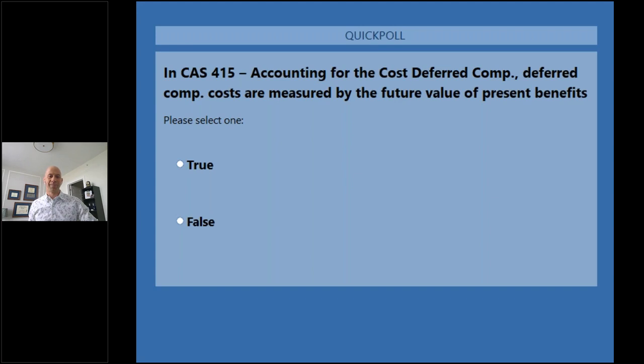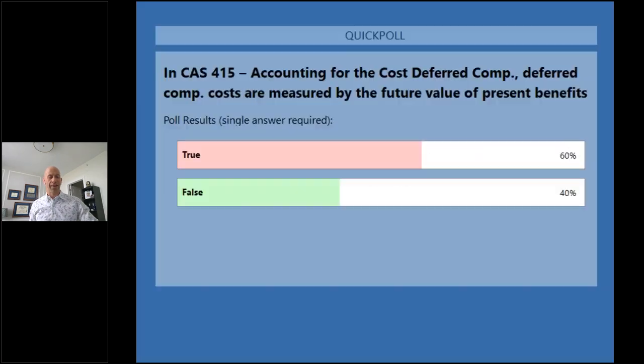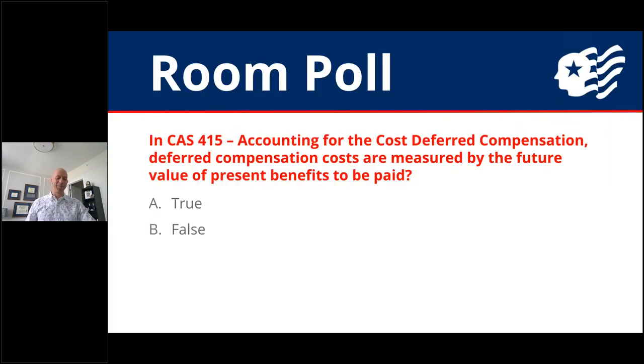So we'll go ahead and close this down. We're about 60-40. Yep, and actually this was a tricky question. GAAP would still have taken you to the correct place, but this was worded a little tricky. The answer here is false, right? We don't measure the future value. We measure the present value of future benefits. So it was just a tricky wording of the question, and obviously we got some people. They didn't have their afternoon coffee yet. Yeah, if you don't have your coffee, reach over there and get a little bit.